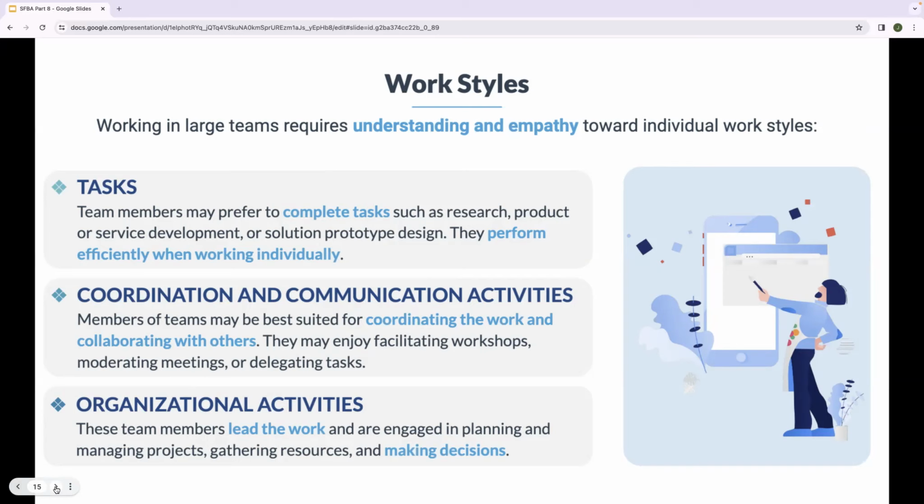They perform efficiently when working individually. Coordination and communication activities. Members of teams may be best suited for coordinating the work and collaborating with others. They may enjoy facilitating workshops, moderating meetings, or delegating tasks. Organizational activities. These team members lead the work and are engaged in planning and managing projects, gathering resources and making